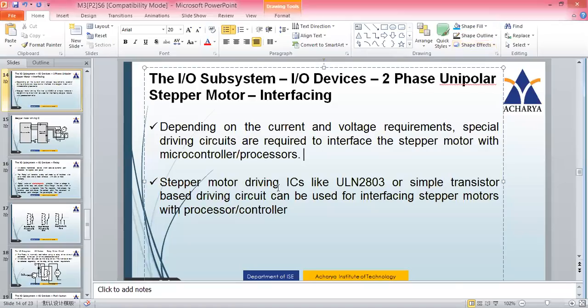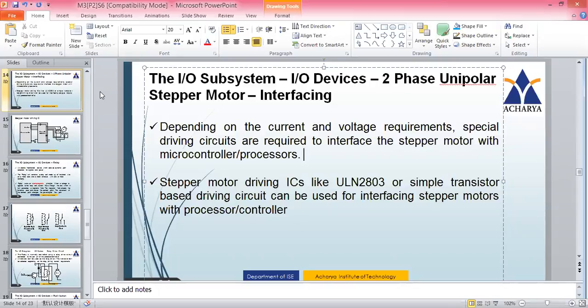Okay. Now let us see the stepper motor interfacing with the two-phase unipolar system and how it is going to interface with this microcontroller. Depending on the current and voltage requirement, special driving circuits are required to interface the stepper motor with the microcontroller.